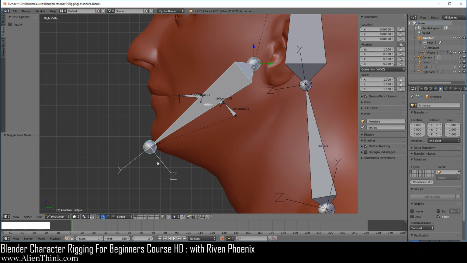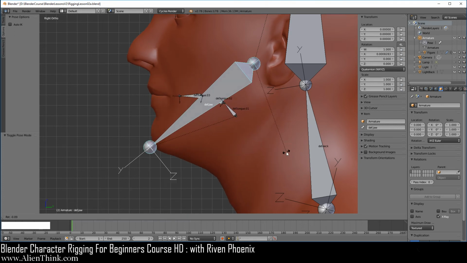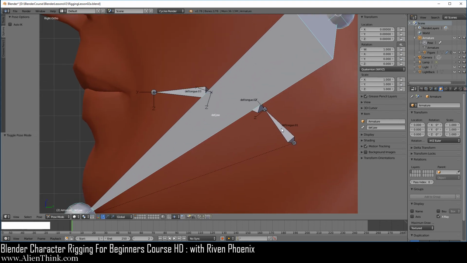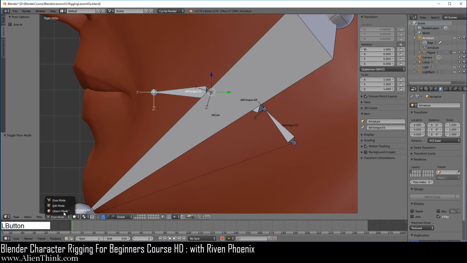Now over here, you'll see that the Z is pointing down. This is correct. So if we press the R key to rotate, which is rotating around the x-axis, this is the major movement and this is the minor. Now over here, if we look at the tongue bones, which are going to be exactly the same. Remember, we can see the axis for this bone through this bone. So Z is pointing down and Z is pointing down. Press the R key. You can notice that this is the major, this is the minor, major, minor, and major, minor.